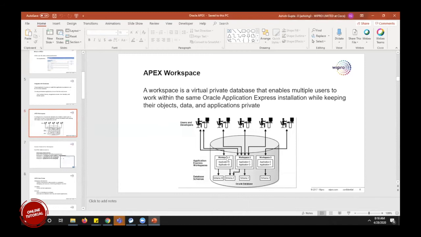But if you create a different workspace altogether, then you cannot go from schema W to schema Z, because schema W is in workspace one, which you cannot connect to from workspace three. Okay. Yeah. Got it.